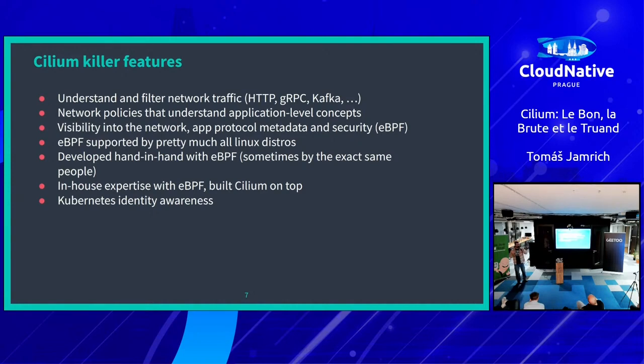Network policies understand the application level concept. As the technology sits in the kernel, the technology that's behind the Cilium, it has a huge visibility into the network, basically up to the TCP packet level,